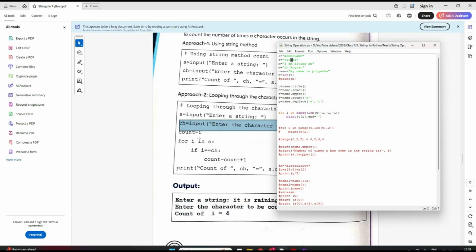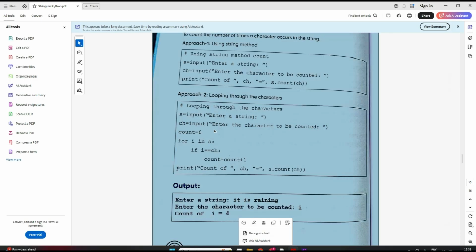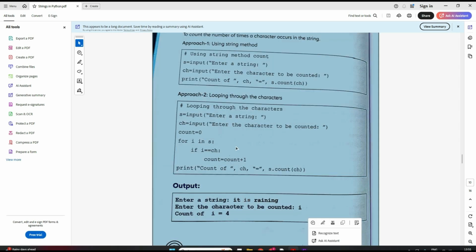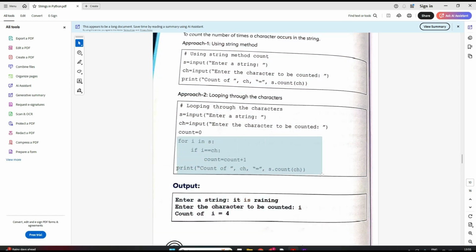Now it will again go up. Now I is N. It will again match N with I, no. Then G, right? Now suppose here at the end I had another I. Again at the end I will be fetched. Now this I is again equal to I, which is CH, your I. So count will be 2 here. So this way we can do it using this approach also. You can either use this function approach, the built-in function, or we can do it through our looping also. Clear?